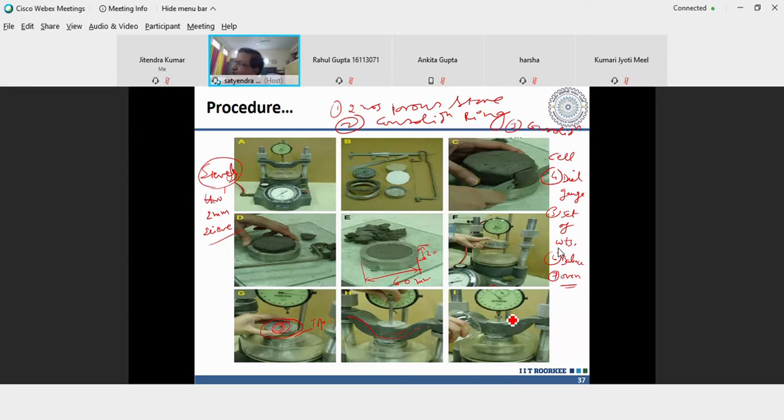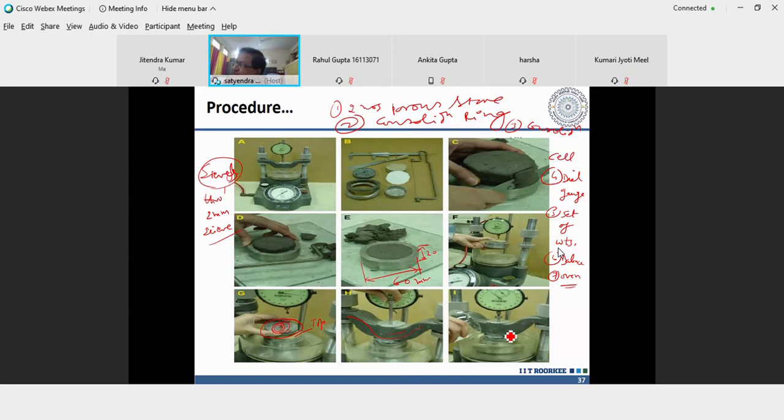Now above this there is a dial gauge, and this dial gauge gives you the value of the loading, how much load is applied onto the soil sample. Now you attach another dial gauge which will give you how much the soil specimen is compressed under the action of every load. So this is the setup, the test setup. If you have any doubt, you can ask me.